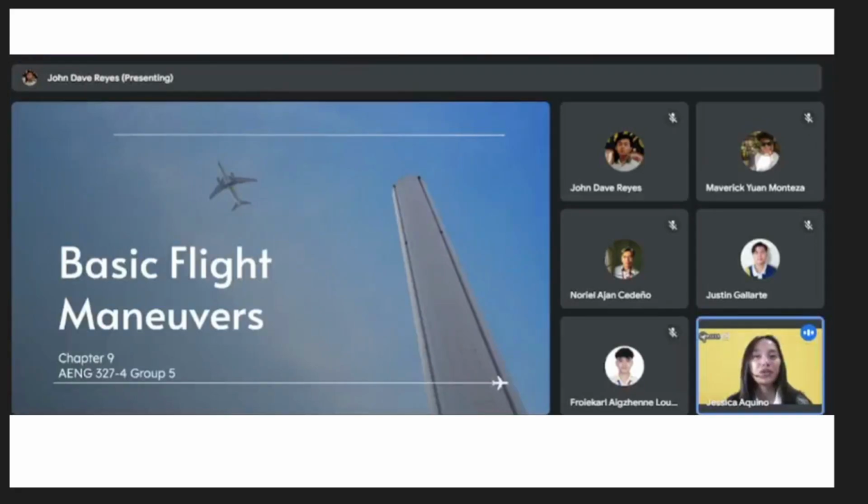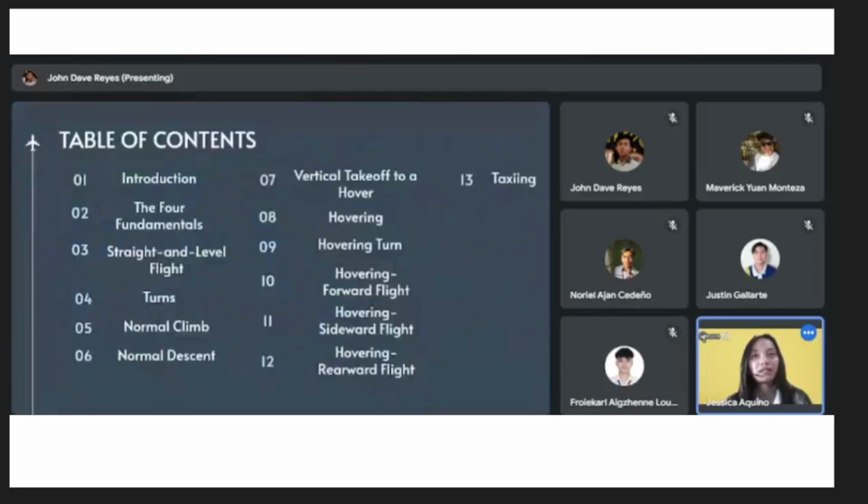Good day everyone, we are Group 5 from the class of AENG 327 Section 4 and we will discuss Chapter 9 of the FAA Helicopter Flying Handbook, which focuses on basic flight maneuvers. Next slide please. The contents of our discussion will be first, introduction, second, the 4 fundamentals, third, straight and level